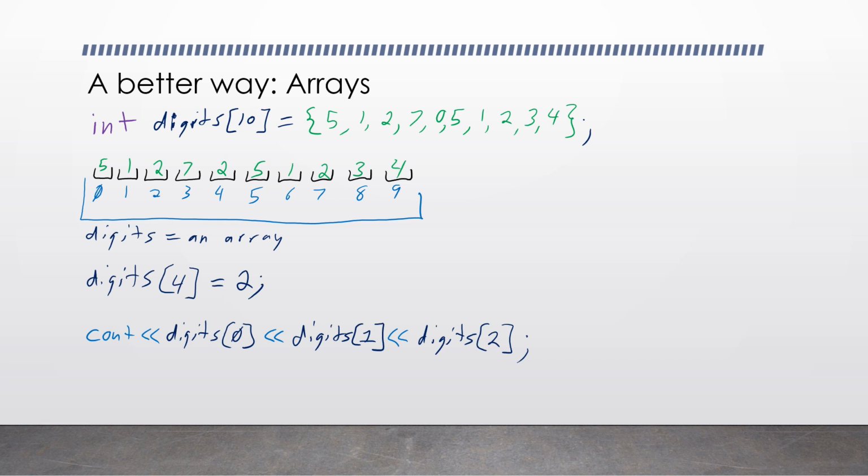But because this index can be any integer, we now can actually loop through the whole thing. And caveat, we haven't studied loops yet, so just take my word for it that this will do what I say it will do. But if I type for int i for index equals 0, i is less than 10, because we have 0 through 9, i plus plus, because we're going to step through it one at a time, okay,